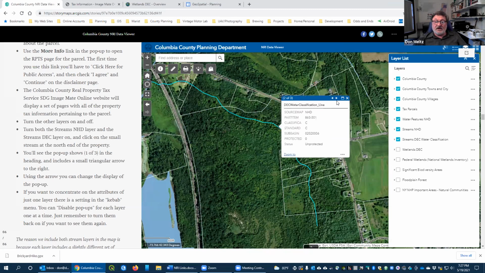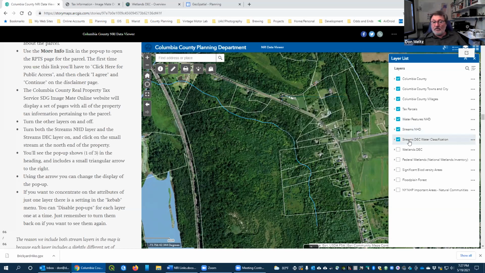And if we go to the DEC water classification layer, you can see this is almost identical. In this case, they are actually identical. The lines are identical. But this one tells you the classification. So this is a Class C stream, unprotected. And the reason we put both the National Hydrography Dataset streams on the map and the DEC water classification streams on the map, even though they are identical,